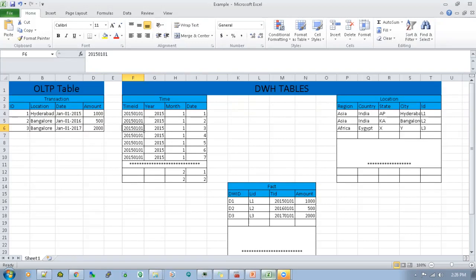For example, a transaction table has ID, location, date, amount, everything. All the details are here. The location may be coming from another table, and the date values of this transaction are coming from another table. But when you see this transaction table, you'll get all the data included, that means segregated at one place. When you go to OLAP, the data warehouse concept, the same data will be divided into different things, where we call